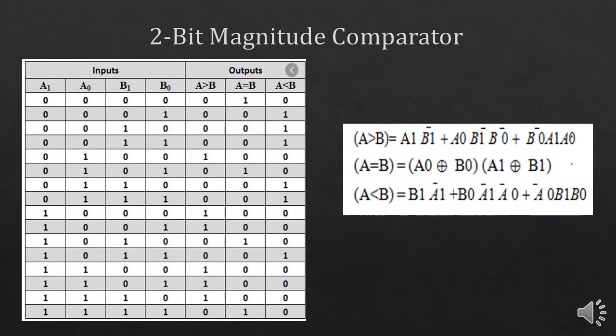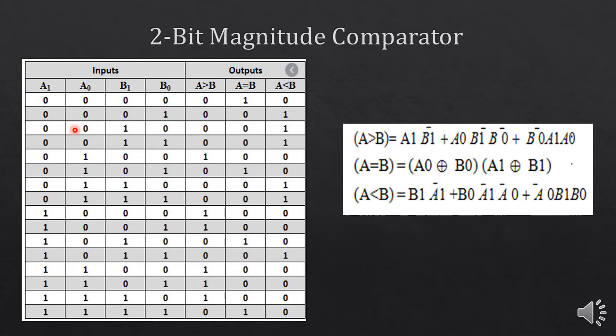In a 2-bit magnitude comparator, each input is of 2 bits. If you see here in this table, again we have two inputs, A and B, and each input is of 2 bits. If we compare 0 with 0, you can see in the first line that A equal to B, so this condition is true while the remaining two are false. Next we are comparing 0 with 1, here A equal to 0 and B equal to 1, so A is less than B, and this condition is true.